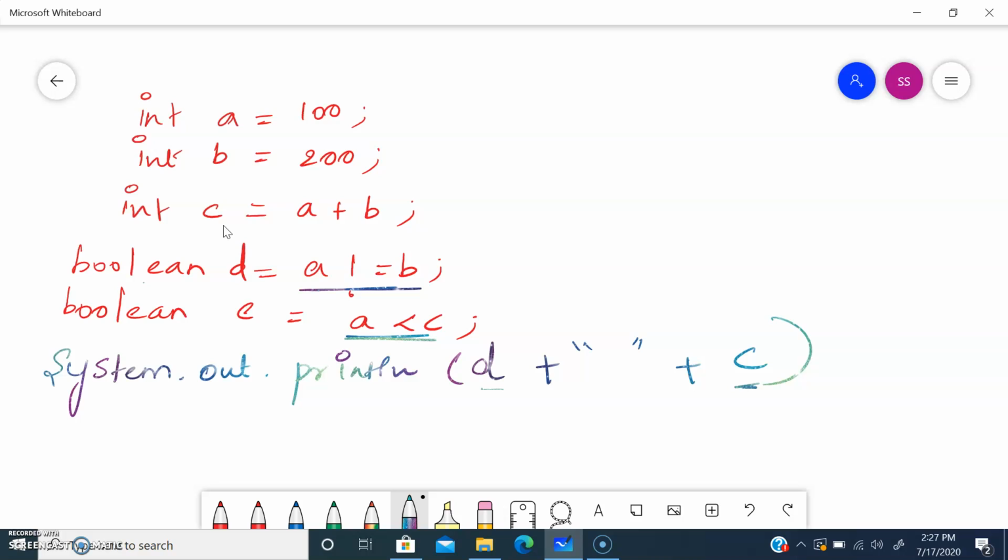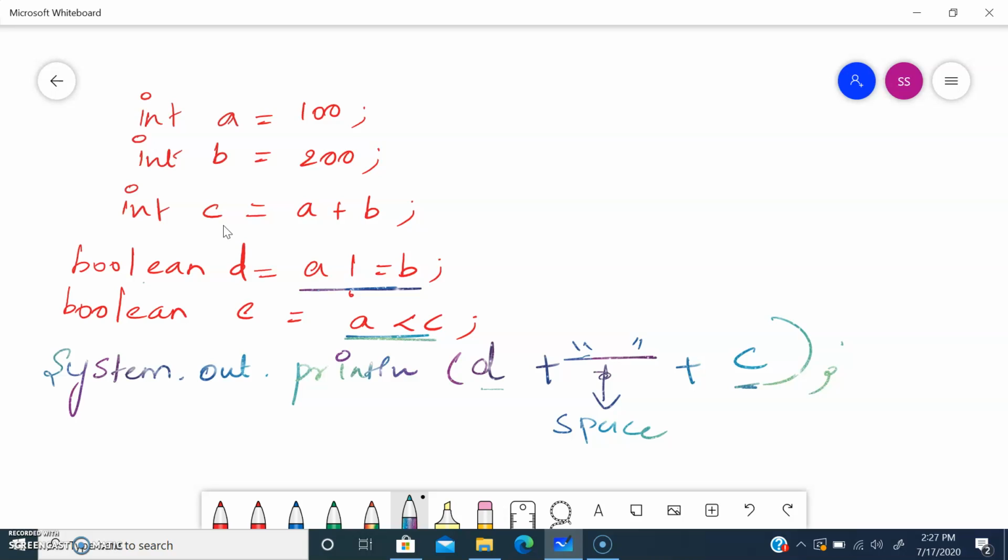In my previous video I told you a plus operator is used for two important things: one is adding values, another is concatenating values. So I'm going to give a space between d and e.